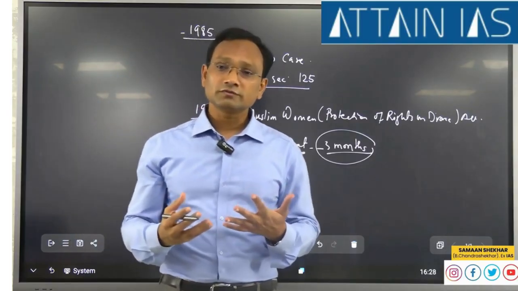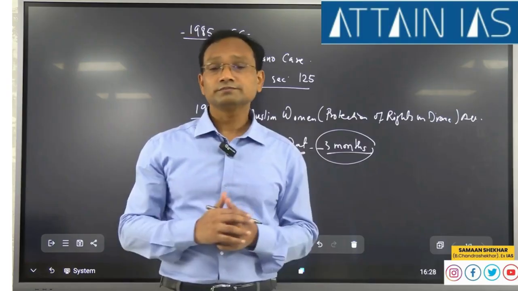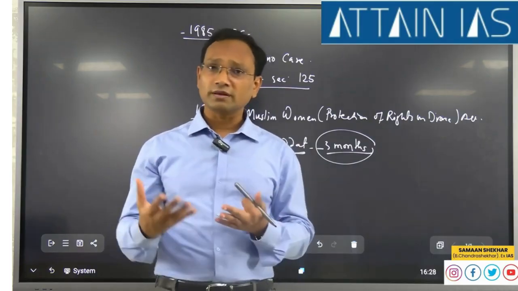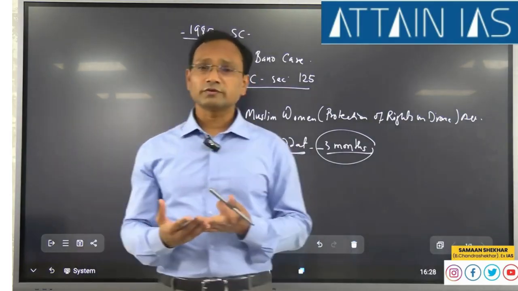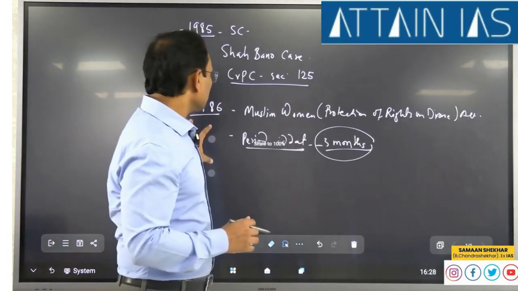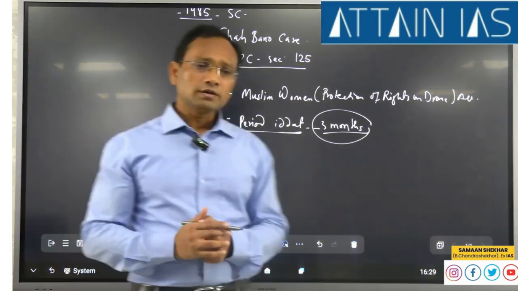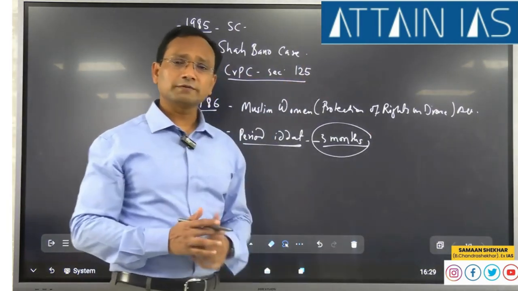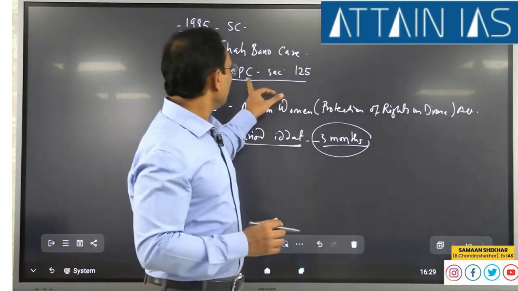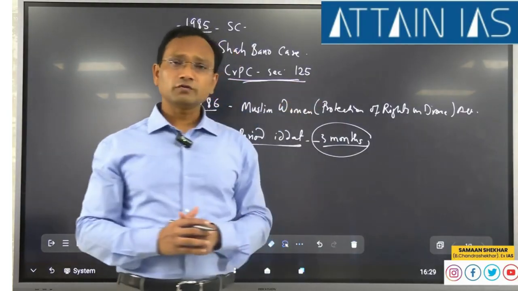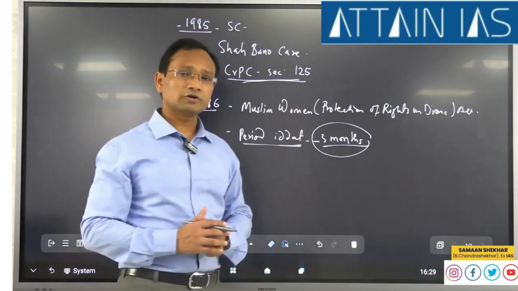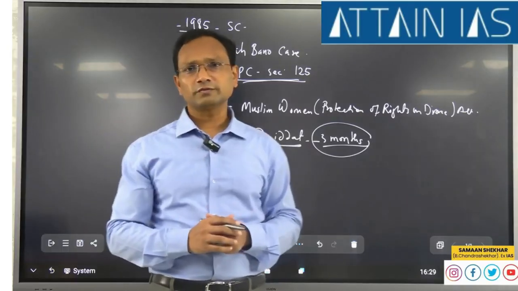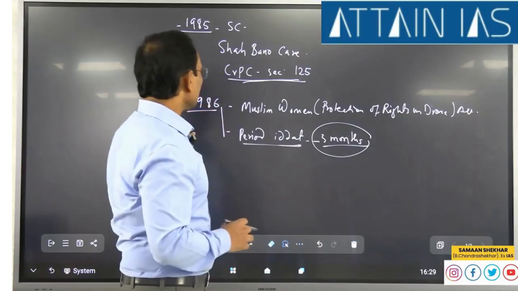which meant that beyond the period of iddat, if the Muslim woman doesn't remarry, then she's simply left without any security whatsoever, because she has to then depend entirely on her relatives for support. And that situation prevailed for a long time, despite the fact that we had this Shah Bano judgment very clearly stating that the protection or maintenance on divorce is available to Muslim women under Section 125. But because of this specific act governing the specific aspect of divorced Muslim women, it resulted in some sort of confusion,